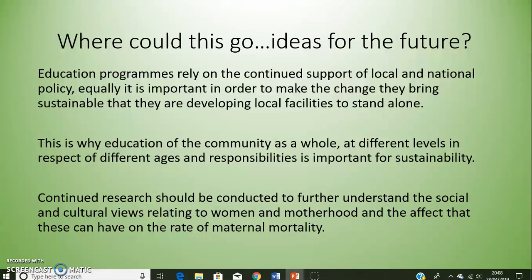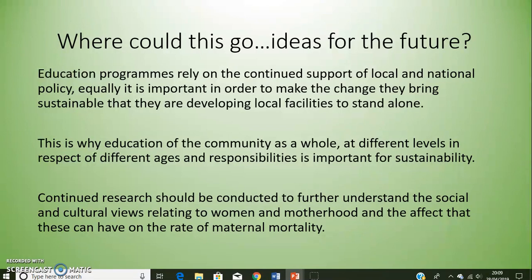Education programs rely on the continued support of local and national policy. Equally, it is important for them to make change that is sustainable and that they are constantly developing facilities so that they are able to stand alone. This is why education of the community as a whole at different levels in respect of different ages and responsibilities is important for sustainability. For example, teaching adolescents and giving them the education about contraception that's provided can prevent unwanted pregnancies and fatal abortions. Teaching couples to space out families